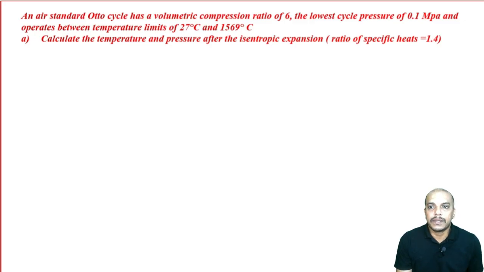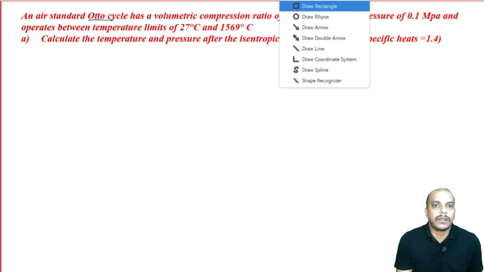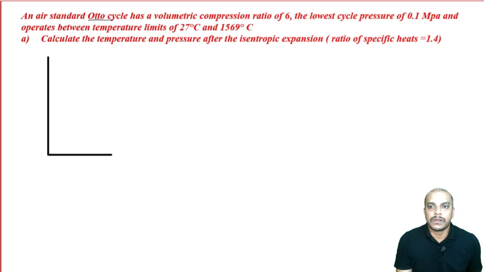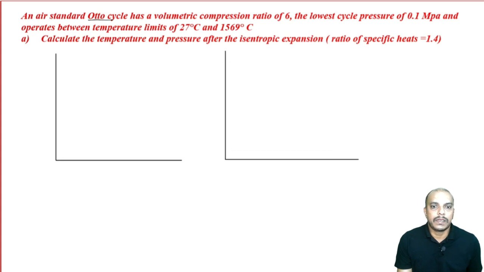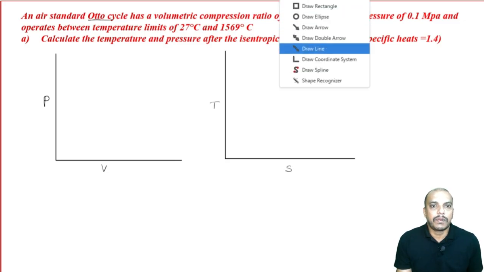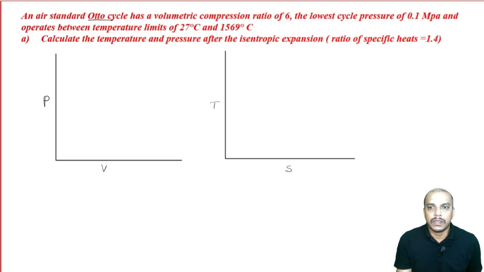The moment I see the term Otto cycle, the first thing I do is draw the PV diagram for an Otto cycle. I can also draw the TS diagram of the Otto cycle, right? So, let us have both PV as well as TS diagrams for the Otto cycle. So, we are pretty much sure about the